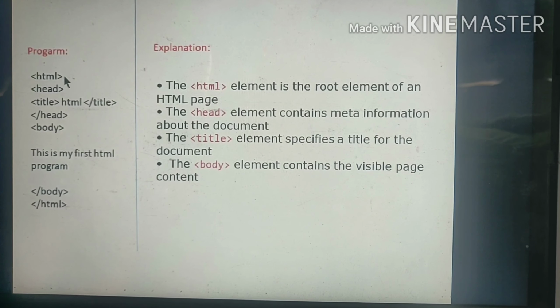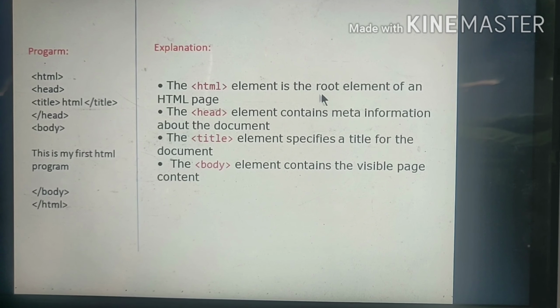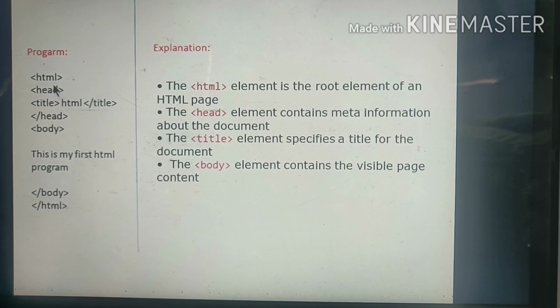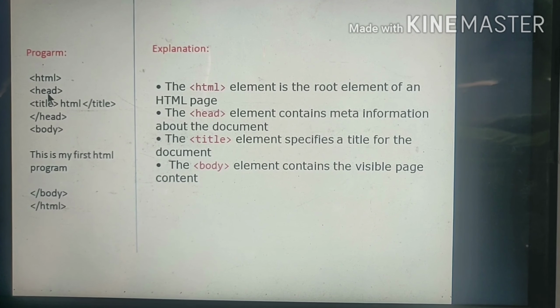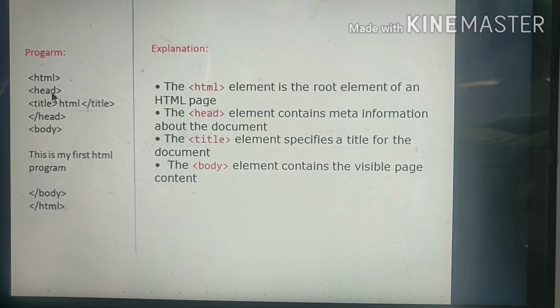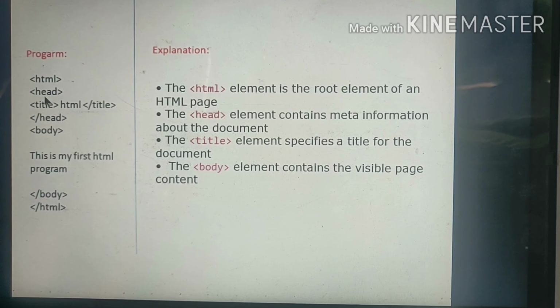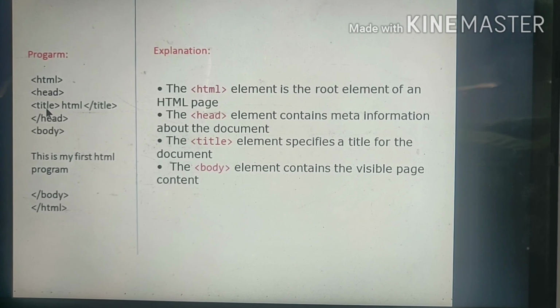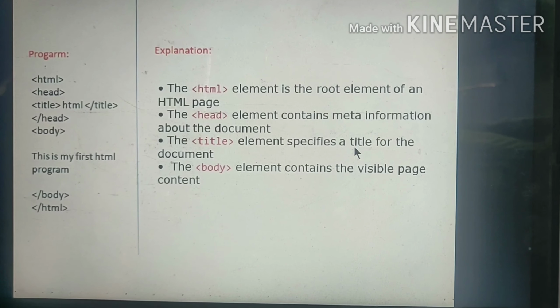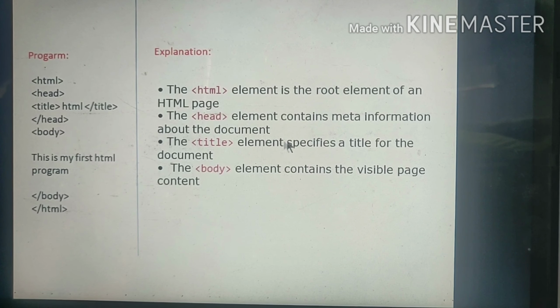So HTML is the root element of an HTML page. Then HTML contains the next tag, that is head. Head contains information about the document. Head contains title. Title specifies the title of the document. You can give any title to your program.